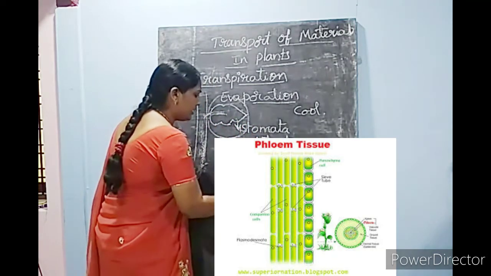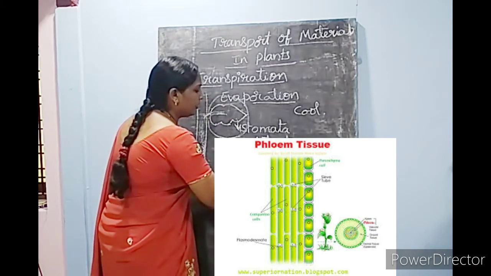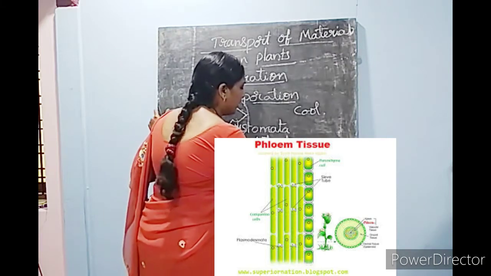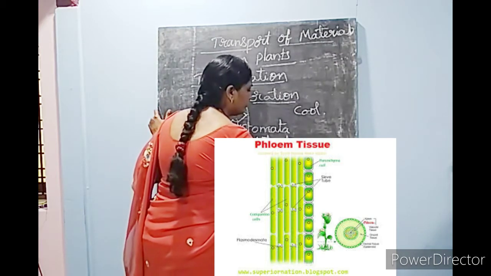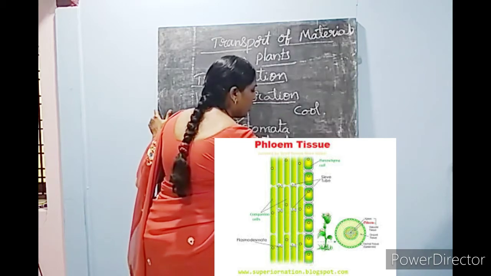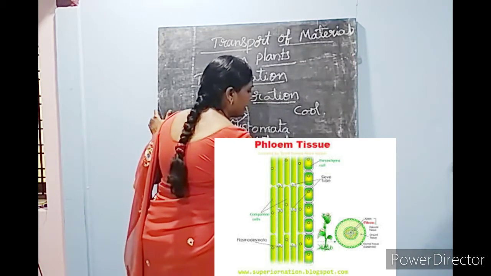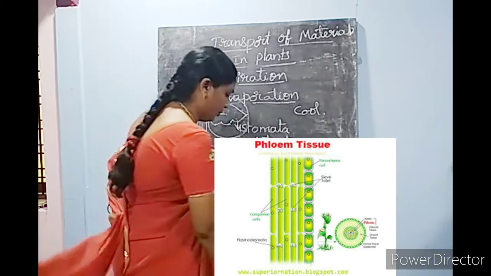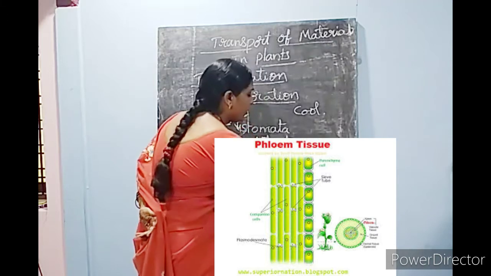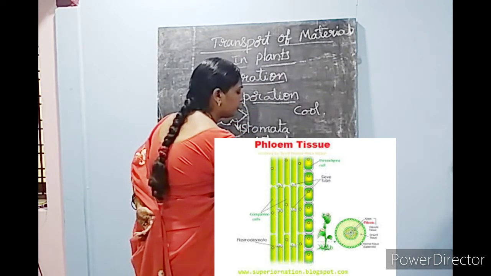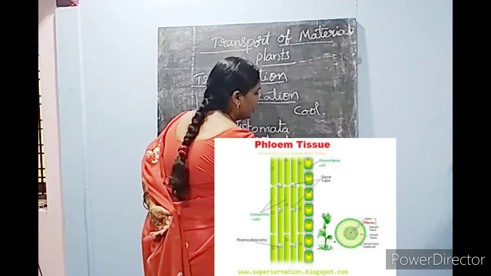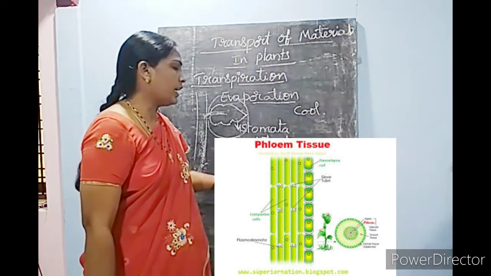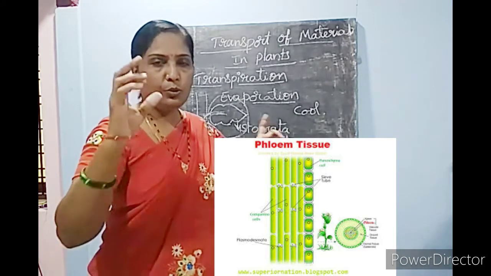So xylem and phloem together are known as conducting tissue, or it can also be called vascular tissue, or the connective tissue. We can call them so because they are conducting the food and water to different parts of